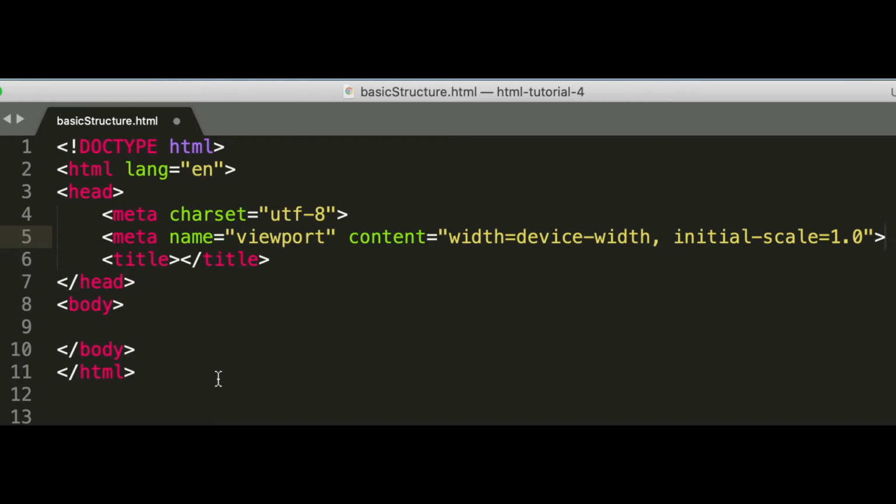So this is the basic structure of HTML that you will need for all your HTML documents always. And I would highly recommend you all to save this code in a template.html file in your computer so that you can readily copy and paste it for all your HTML documents. In today's class, we are going to learn all about what all these elements mean and why they are needed.